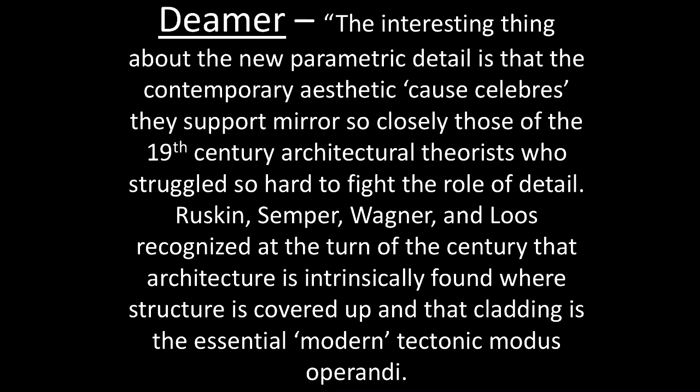And so she's saying that, if anything, parametric design in itself is somewhat rearguard, with similarities to the beginning of the modern movement, where this covering up of detail was looked at to define what modern